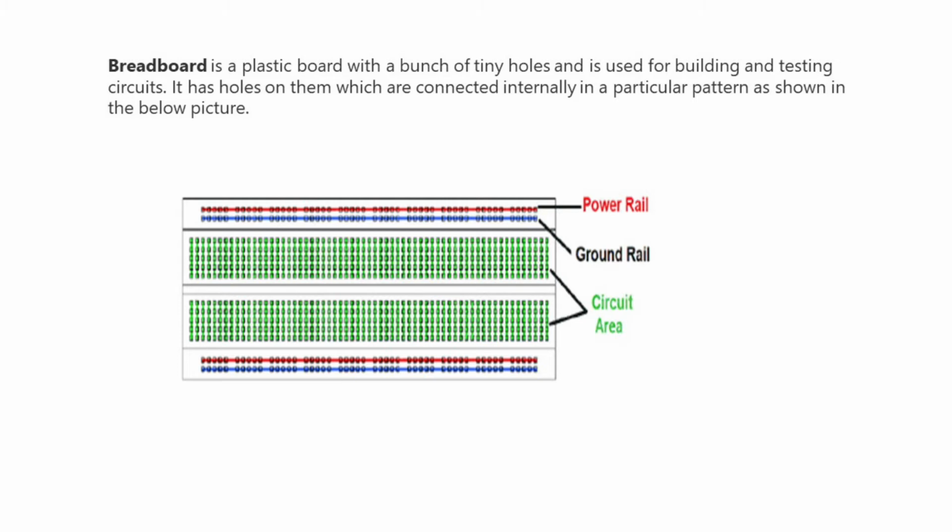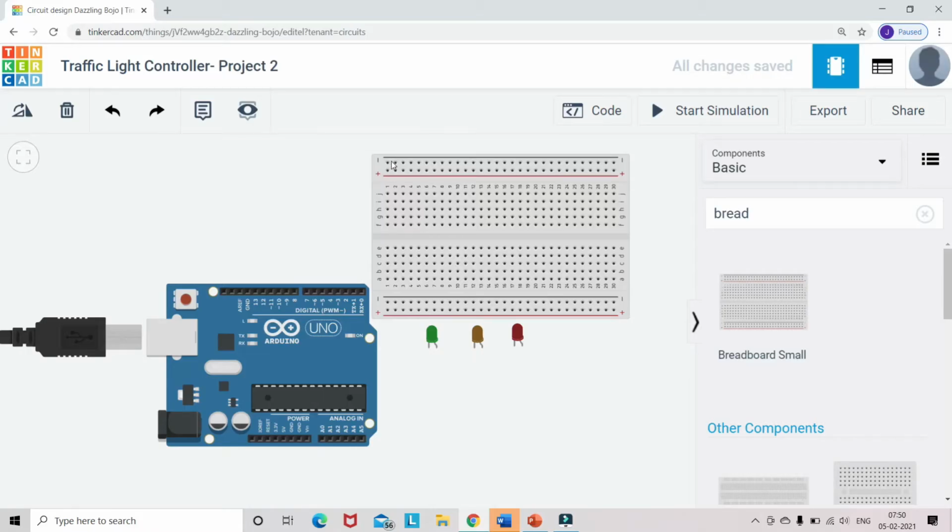Now let's see how this breadboard will actually help us make our electronic circuit, and how we are going to connect our LED to this breadboard. So let's go back to our design screen. Here you can see in this breadboard there are some lines, right? There is no particular red and blue line, but instead it is giving a hint. If I keep my mouse over there at the bottom side, like on plus or minus, you can see